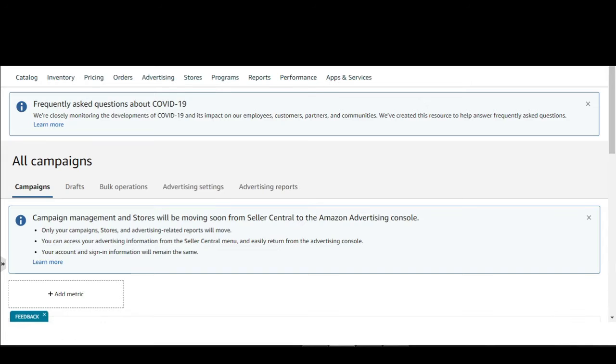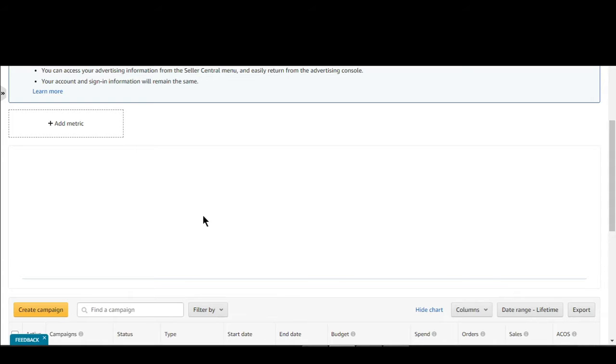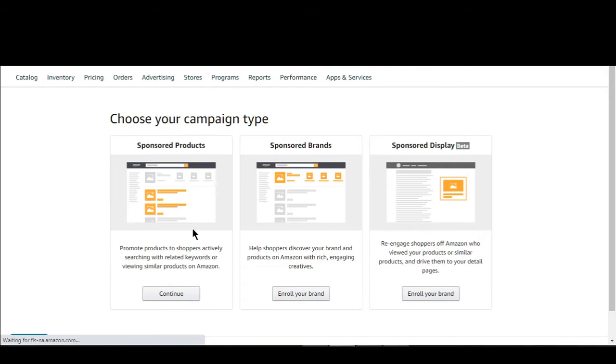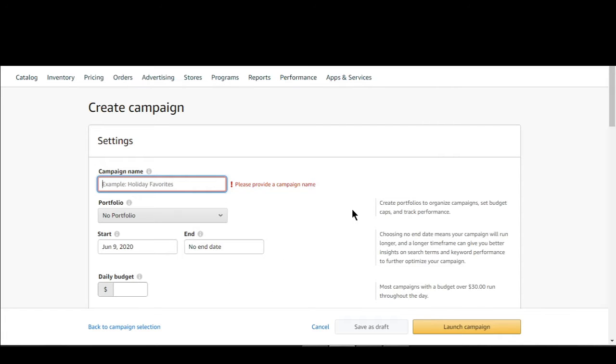and as you click on the campaign manager tab, it will bring you to this page. And as you scroll down, you will find this create campaign tab, as I showed you earlier, and you have to click on this create campaign, and you have to choose sponsored products and hit the continue button. So now what we are going to do is, we have to firstly name our campaign. For example, let's set again dog bait,